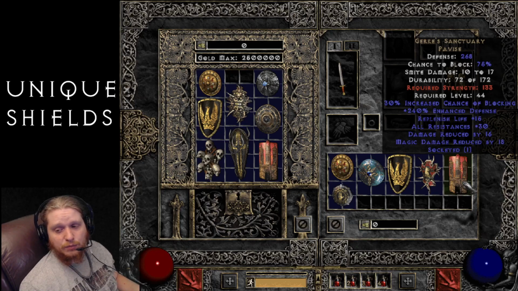All resistance is plus 30, which is variable between 20 to 30. And then damage reduced by 16, which again varies between 11 and 16. And magic damage reduced by 14 to 18. So a very nice little shield here for just about anybody who's concerned specifically about block percentage. It's going to make your paladin's block percentage through the roof. You probably wouldn't even need to stack any stats to get your block percentage up for this character, or this